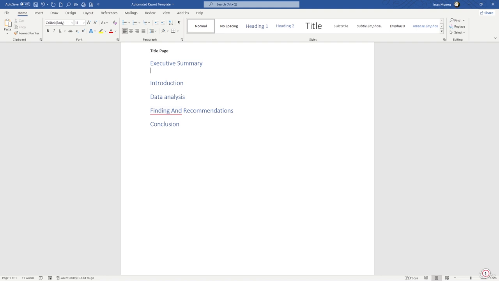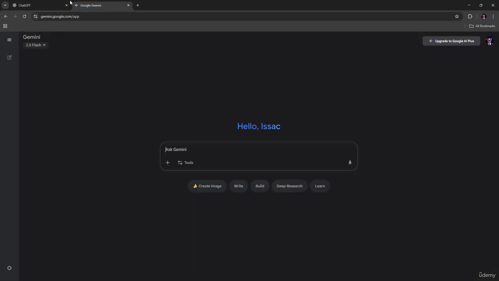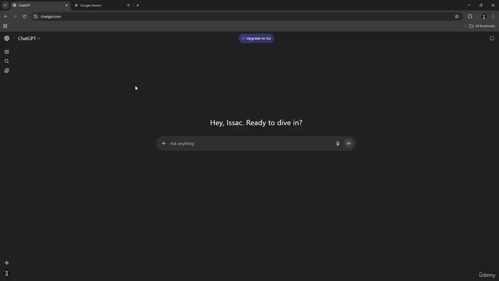Okay, so now comes the exciting part: using ChatGPT and Google Gemini to automatically generate your report content. We'll start with the executive summary. Here's a simple prompt. You can use ChatGPT or you can use Gemini. So let's go to ChatGPT, and I'm going to type here: write one